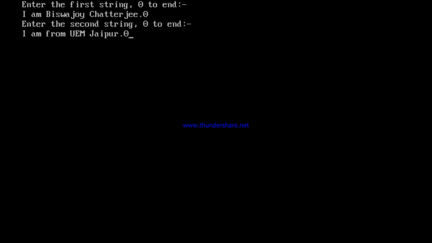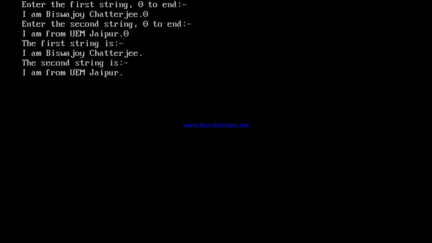Now if I press an enter, that extra enter will be avoided. I am Vishwajoy Chatterjee, I am from UEM Jaipur. Where did that extra enter go, which I pressed after I am Vishwajoy Chatterjee full stop 0? That enter has been flushed out because of your flush stdin.